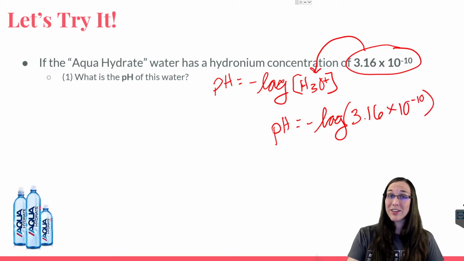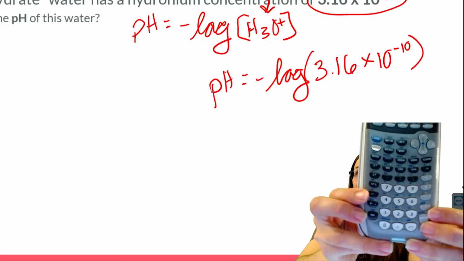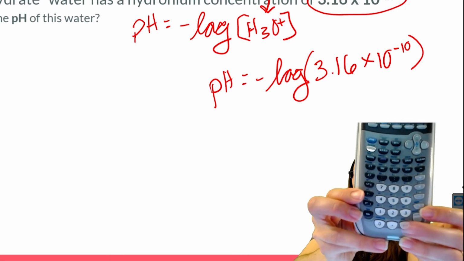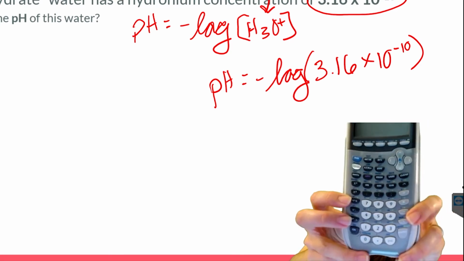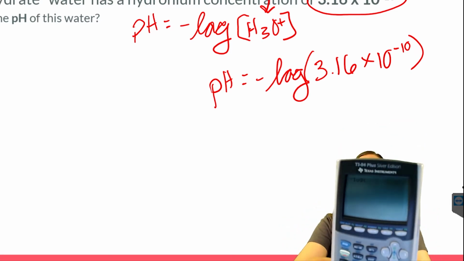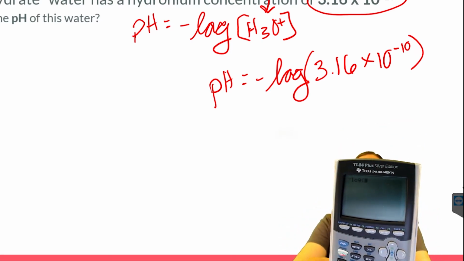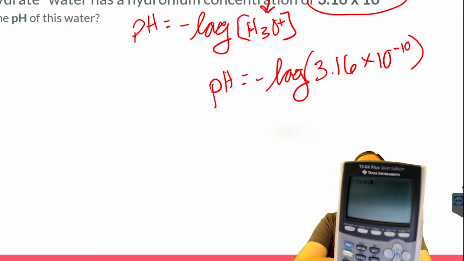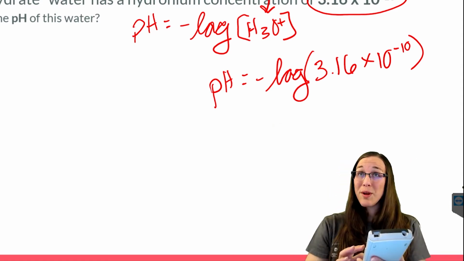You'll need a scientific calculator for this. On your scientific calculator, the first thing you want to press is the negative down here. Negative, and then you want to press log right here. That'll give you a negative log on your screen in a parenthesis. Inside those parentheses, you're going to write 3.16